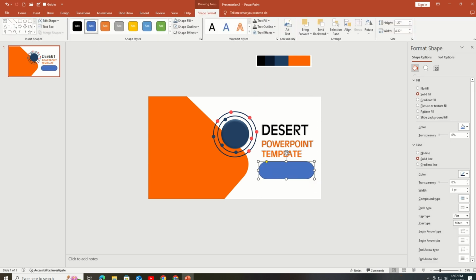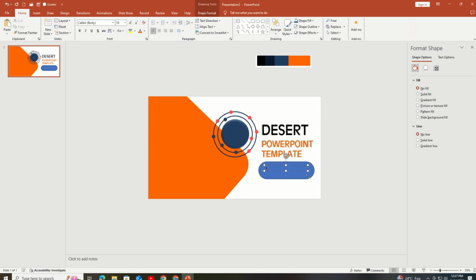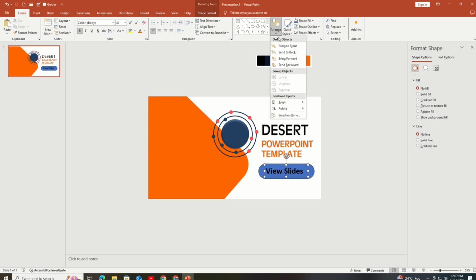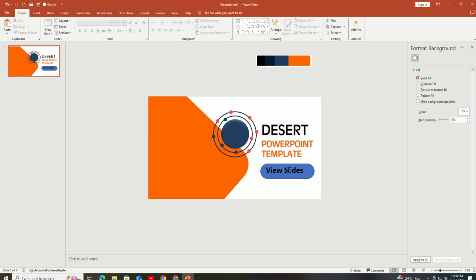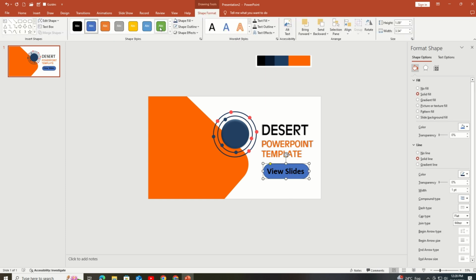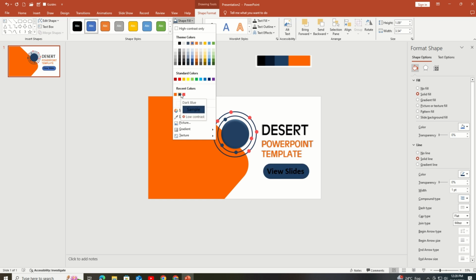You're gonna insert a rounded corner rectangle, place it right here, and insert a text box in it. And you're gonna write your title, and you're gonna change its color, and you're gonna align it into the center of the rounded corner rectangle. Here you go. The next thing we're going to do is give the text some text effect,